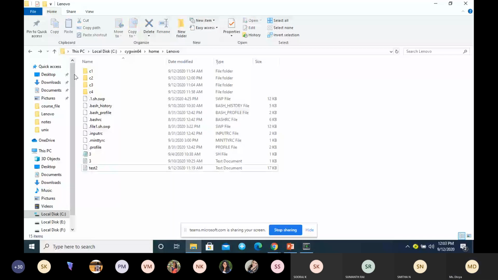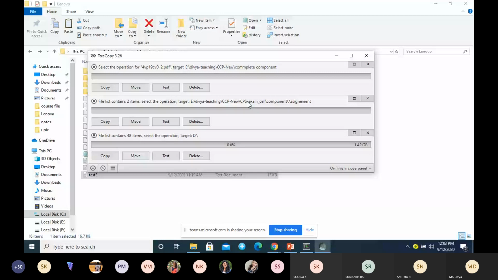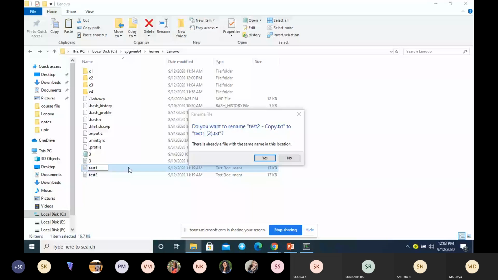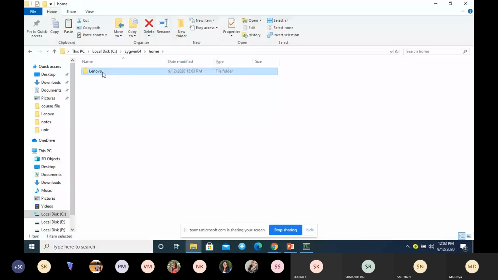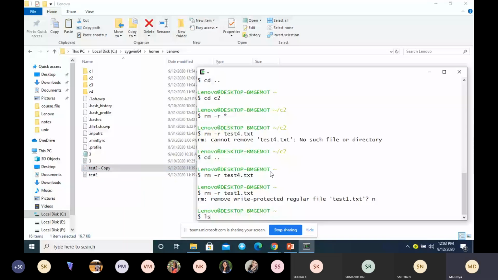But if you use the option -f, I will copy the file. You can see here the file test1 is already there.